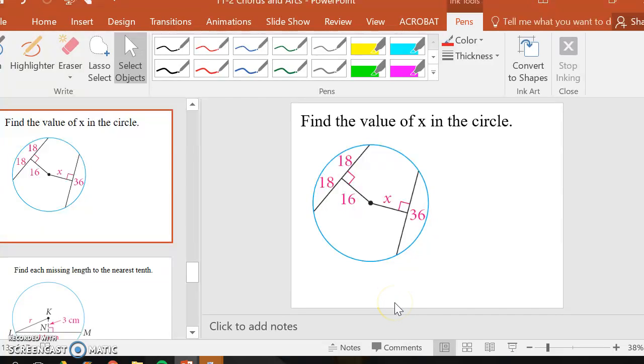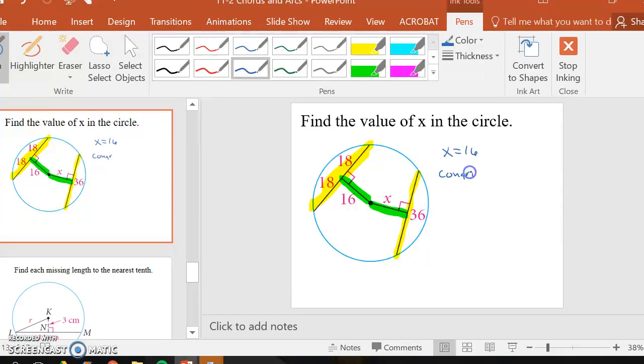Now looking at this example, it says find the value of X in the circle. Well, what theorem are we using here? Right away you should notice that this chord is 36 units long. This chord is 36 units long. Therefore, when I look at these distances, and I know their distances from the center because they are perpendicular to those chords, I can conclude that X is 16 units long because